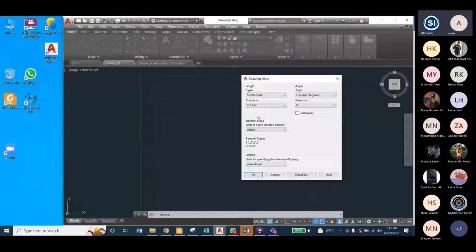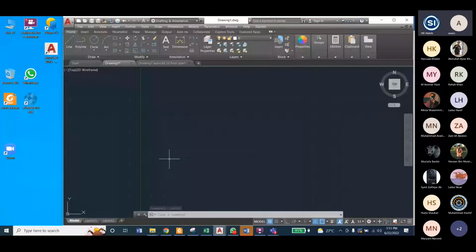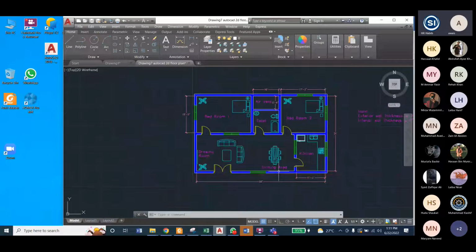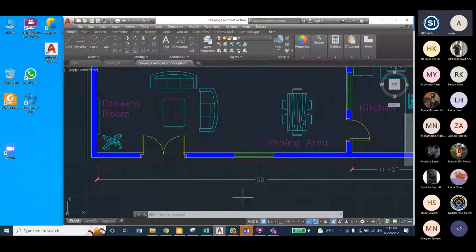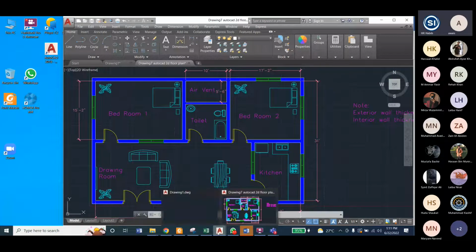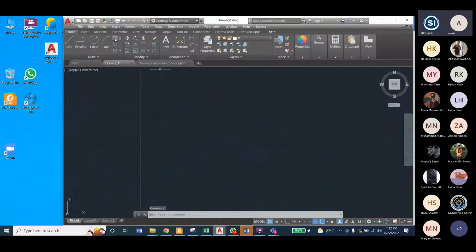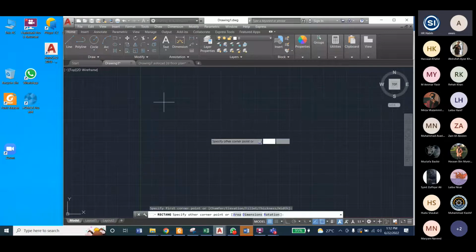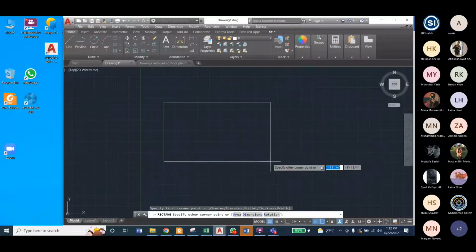So first we will change the units, in which units you want to draw it. Next, for example, we want to draw this rectangle. This rectangle is 31 inches width, and its length is 50. So 50 by 31. Click on rectangle, and then click here for the first point, and then write